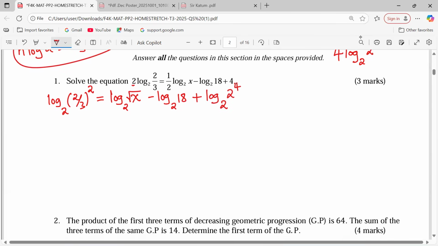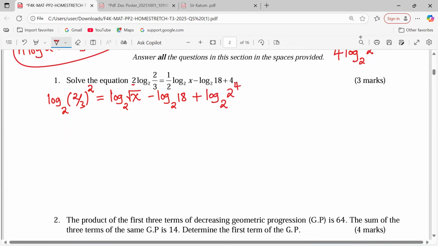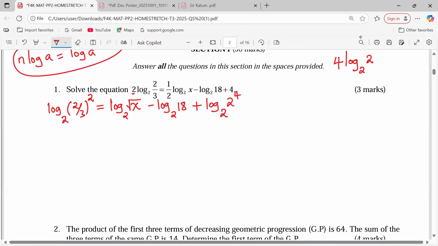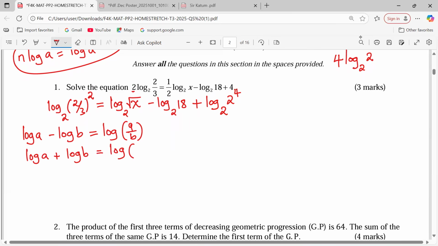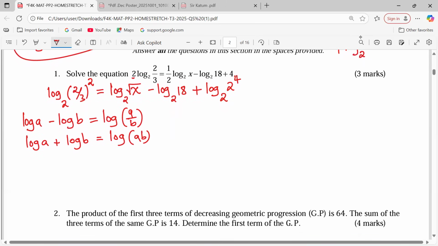At this stage, on the right hand side, we can apply the product law and also the division law of logarithms, which says that when we have the log of a minus the log of b, we solve this by taking the log of a over b. And when it is addition, then we need the log of a multiplied by b. So applying this on the right hand side, we shall have the logarithm on the left. Then this is 4 over 9